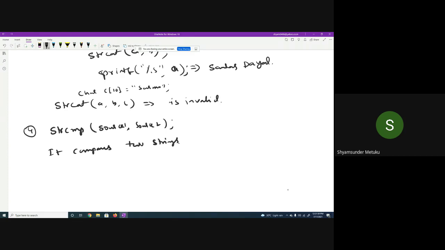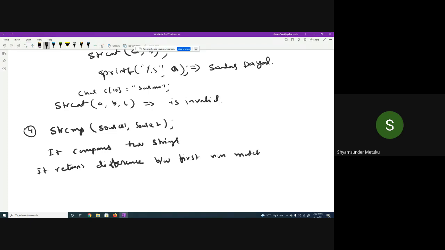If you wanted to print the return value of this, what is it going to return? It returns the difference between the first non-matching characters.